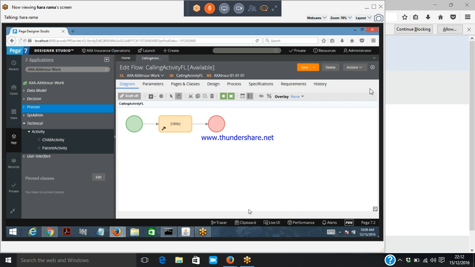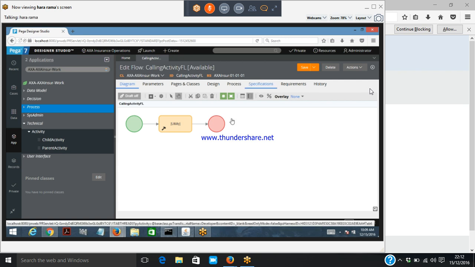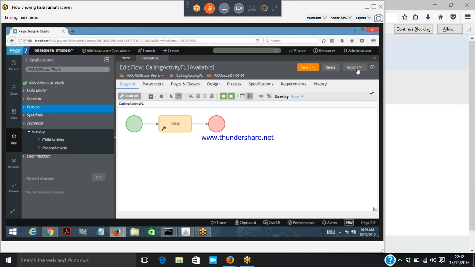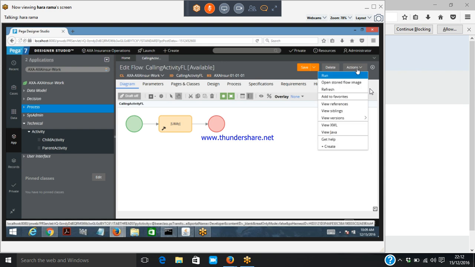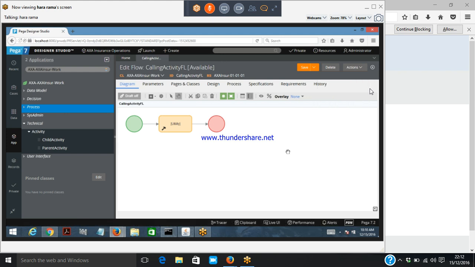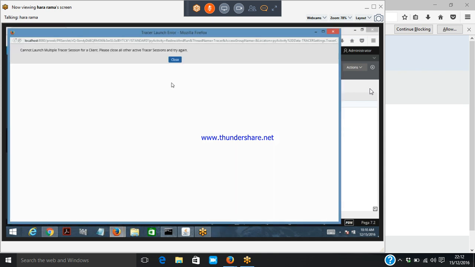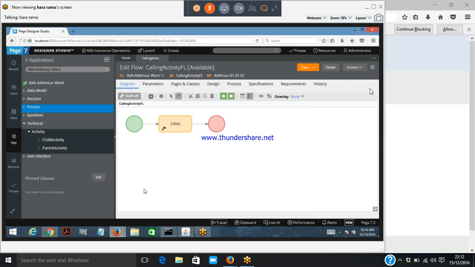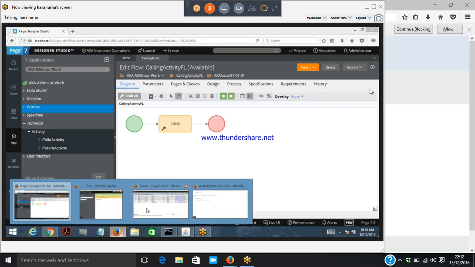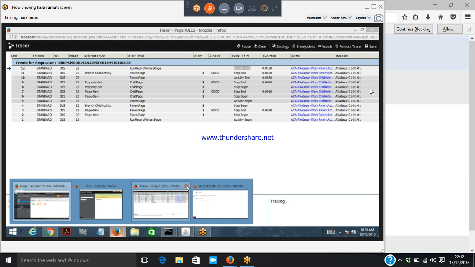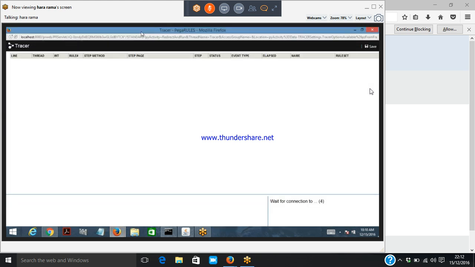What should I do? I need to go through the tracer. Previously I was executing the activity directly, so I just went through the actions and run, and I got a trace button. Now I'm executing a flow, so I will not get the trace button. I need to go through the tracer here. If I open the tracer here,